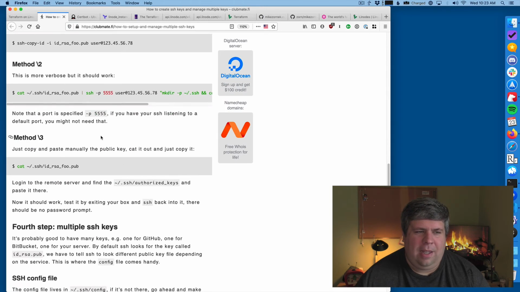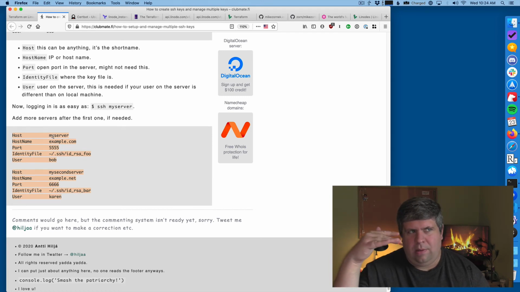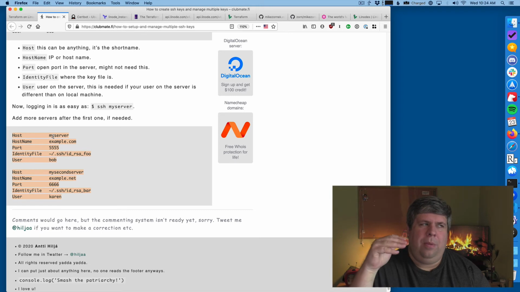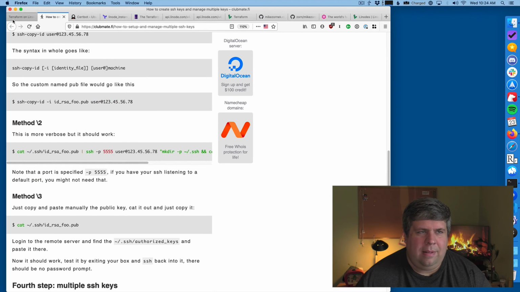That basically comes down to inside of your SSH config file, you'll generally have to have different hosts, and you will point those specific hosts to very specific identity files. That was just new to me. It's not really that crazy, but it is something I learned.